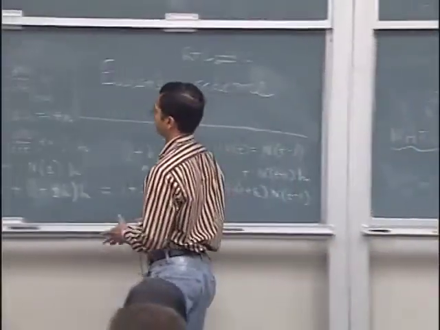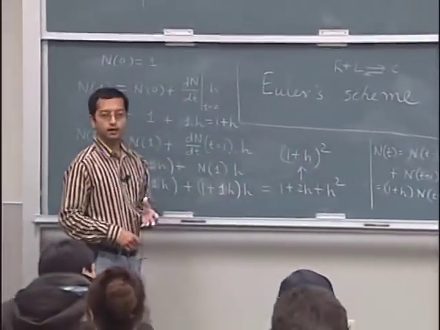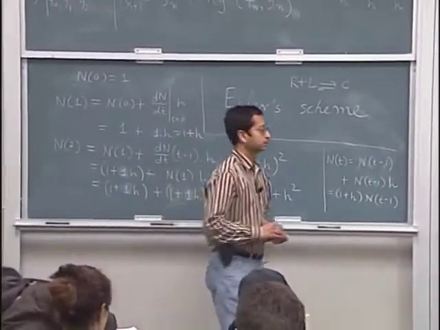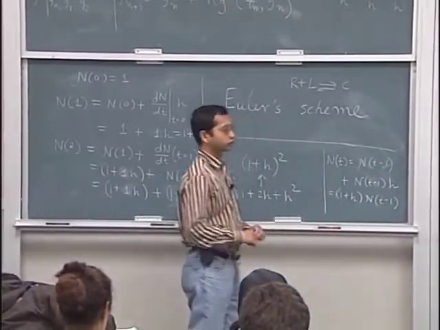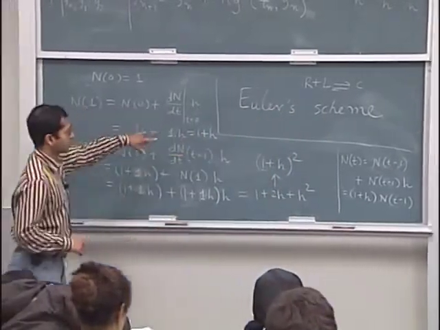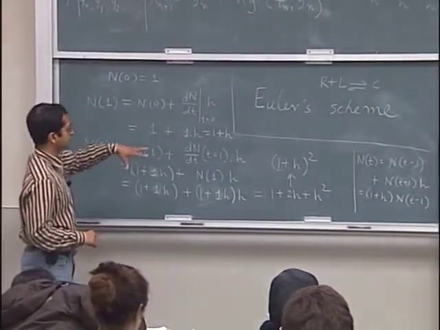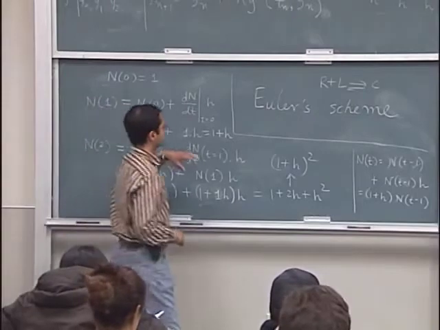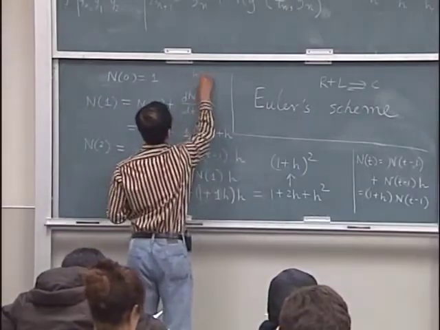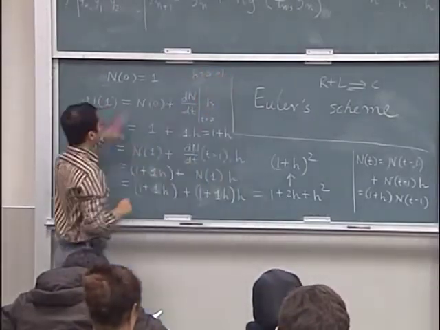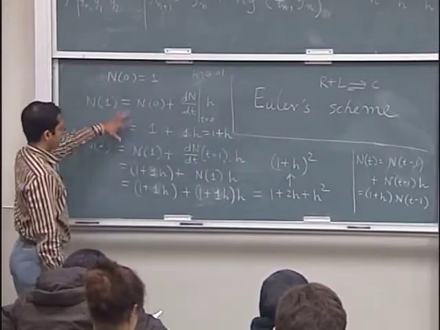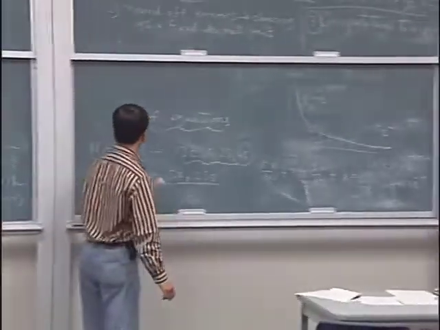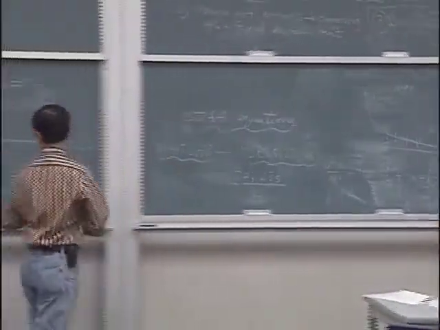So if you are given, I think, homework problem, anyone has a homework problem with you? Take a quick look into it. I think in homework problem 3 you need to solve using the Euler scheme. So you need to choose, I think it's either given or you need to choose H. It's given? Okay, so that's then easier. So you choose H 0.1, then you write the Euler scheme using this. Now if you have a second order equation or a set of coupled equations, the trick to do that is